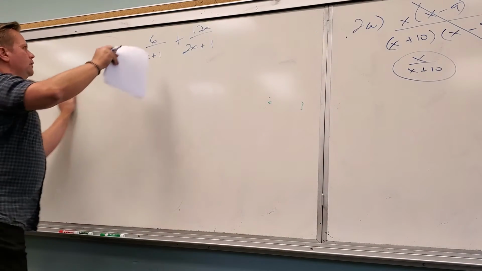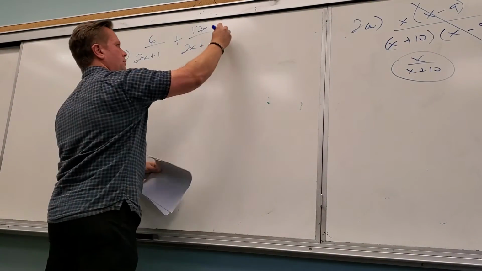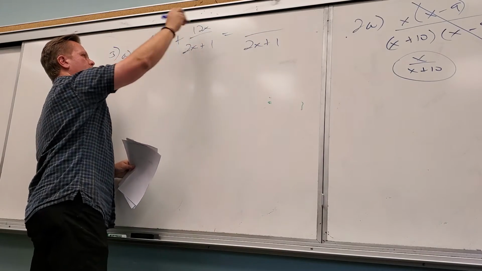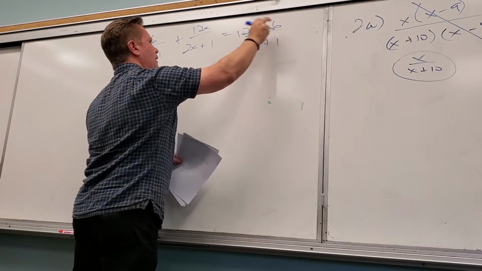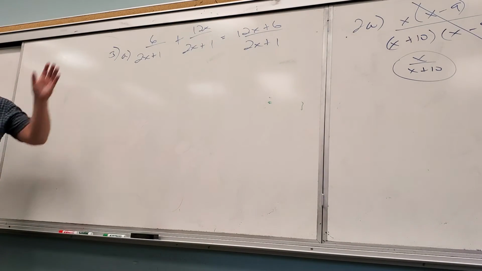So over here, 6 of these plus 12 of these is so many of these. The bottom is still going to be 2x plus 1. But on the top, you can now add these. They are not like terms, so I'm not saying you're suddenly allowed to put them together. You just throw them on the top,